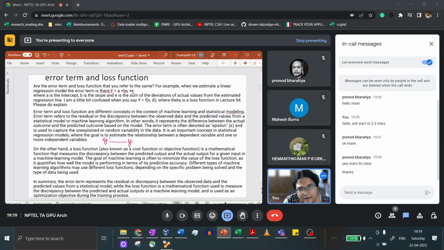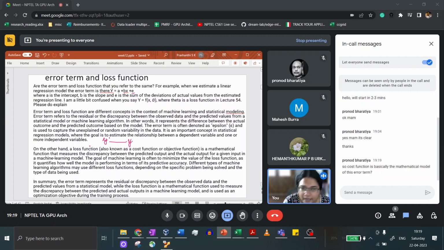And this is basically building on top of the error term. You can think of it as a mathematical model or a function associated with this error term. So it might take this error term and say square it, or take an absolute value of it, or something like that, right? There are different forms of objective functions, and it might be a little more complicated than the simple examples that I'm giving you also. But there are a lot of these loss functions. So you can think of it as a function on top of this error. And depending on the machine learning algorithms, you can use different loss functions.